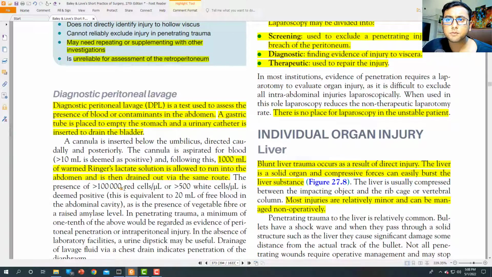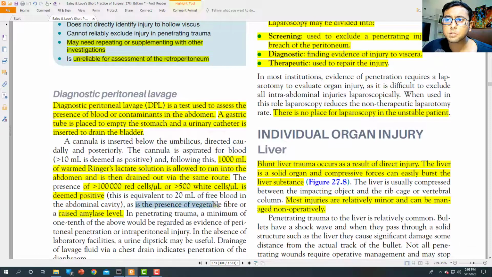So the presence of more than 1 lakh red cells, more than 500 white cells is deemed positive. So these are the indications for interpretation of investigations. The presence of vegetable fiber or a raised amylase level means the patient has pancreatitis or